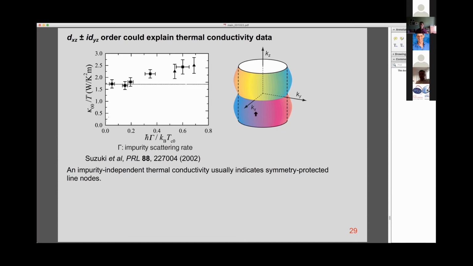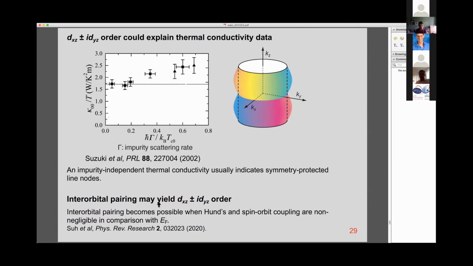For vertical line nodes, it's actually challenging to get the right angle of opening. Because strontium ruthenate has a very long mean free path, it's a very clean metal, one tends to get complicated gap structures in the plane. And so getting this angle of opening that would give you universal thermal conductivity is quite hard. But if we had interplane pairing, then we can imagine interlayer correlations, and that gives us this correct angle of opening. We don't expect correlations skipping layers, which is what you would need in order to get a complicated structure in kz.